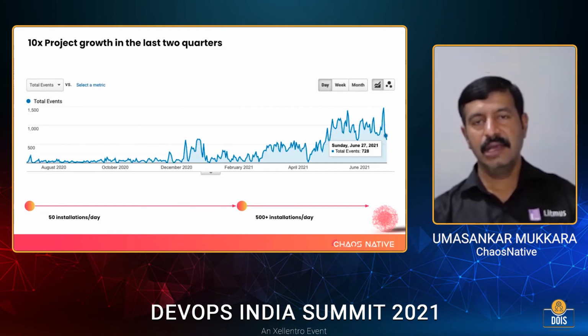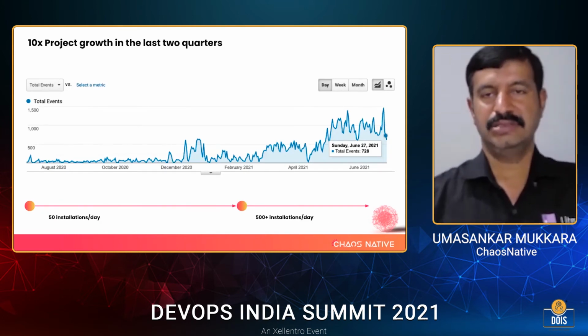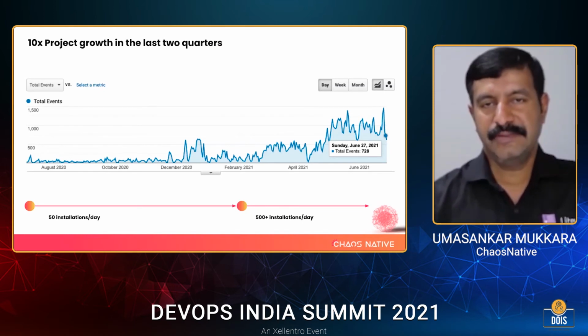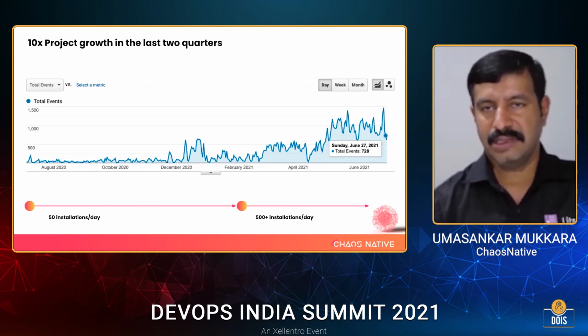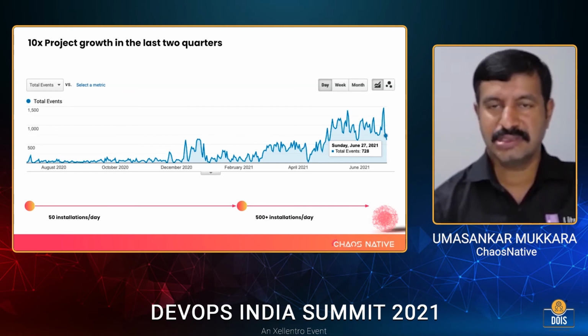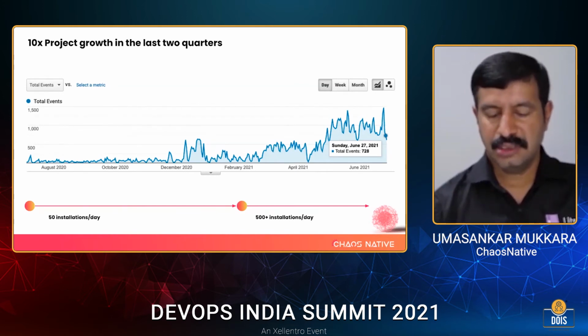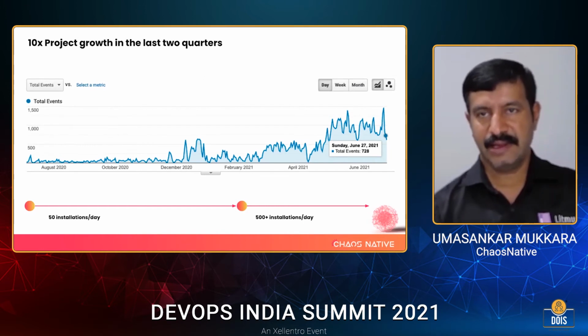And we are seeing a lot of adoption in the last 2 quarters, primarily driven by usage of Litmus in QA, I would say CI/CD, as well as the increased adoption of chaos engineering in cloud native, right? So cloud native is also growing, and people are using chaos engineering in dev and QA, and that's probably the reason why we are seeing tremendous growth in Litmus project usage, right?